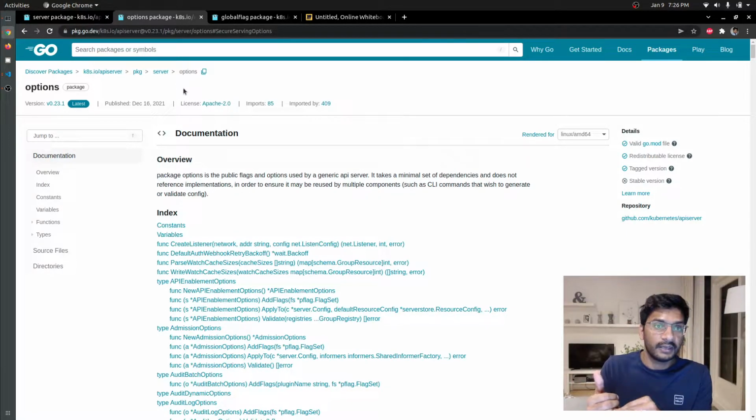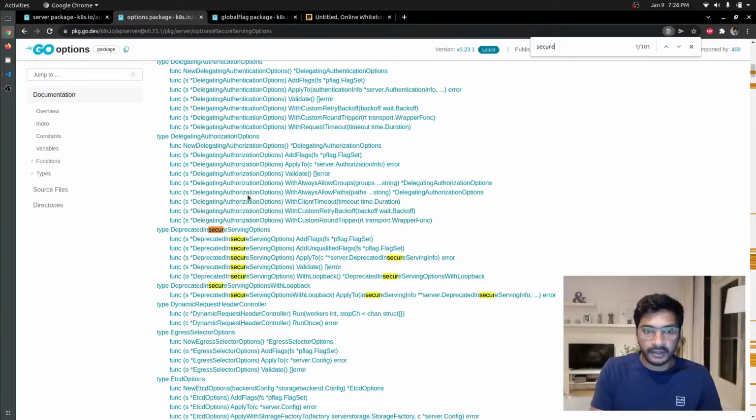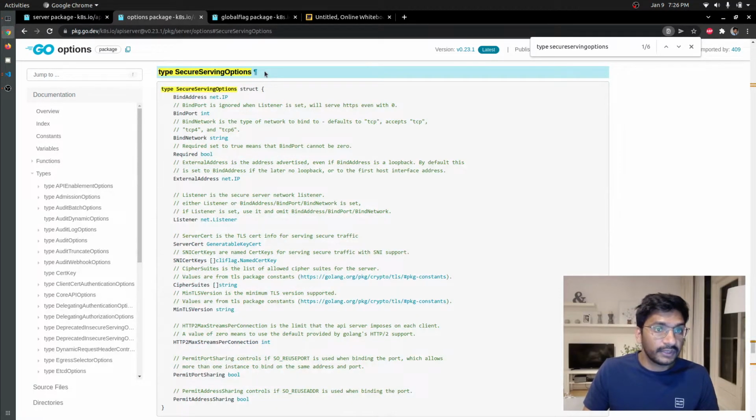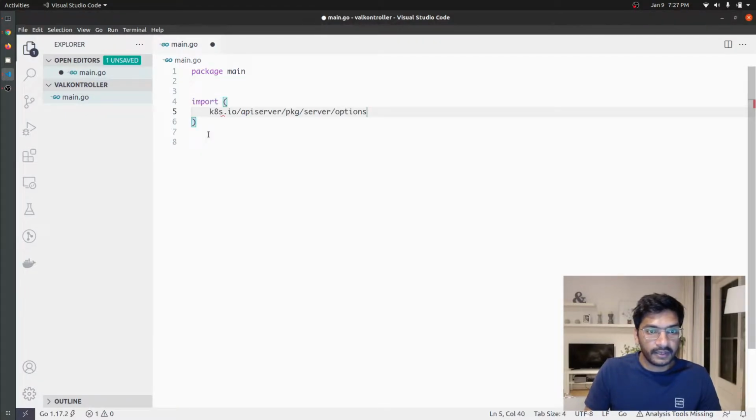For example, flags to specify .crt and .key files, etc. I know there should be something, type secure serving options, and as you see here, we can specify all the things here. For example, bind address, bind port, etc. So let's go ahead and try to import this package,